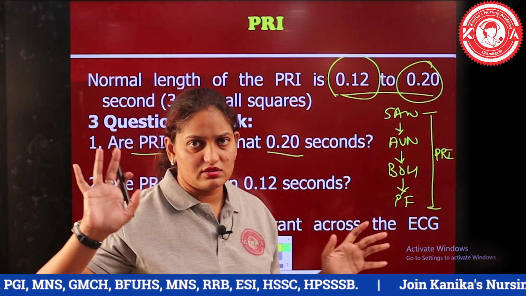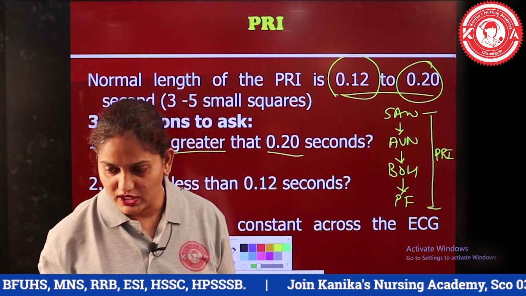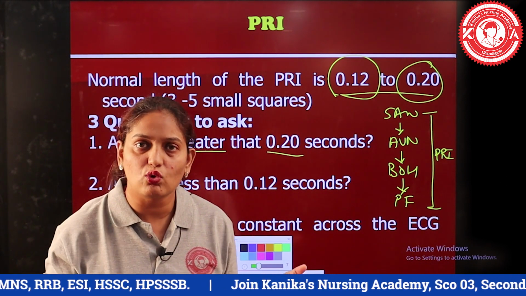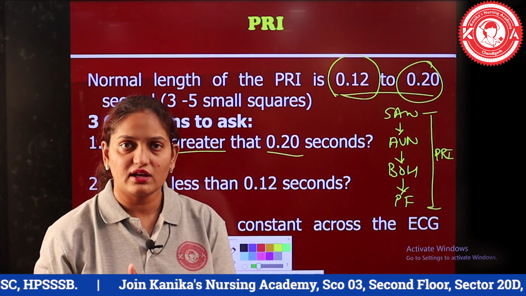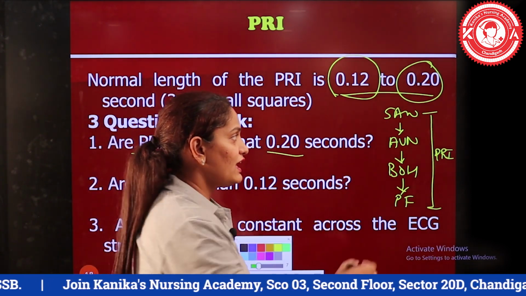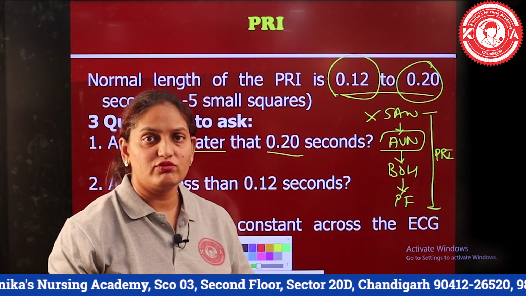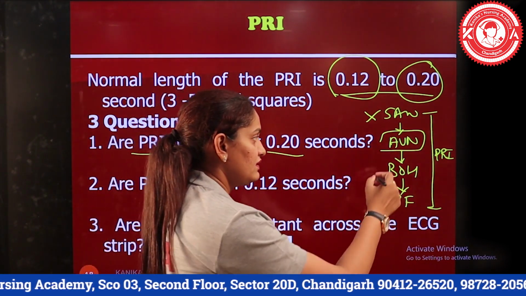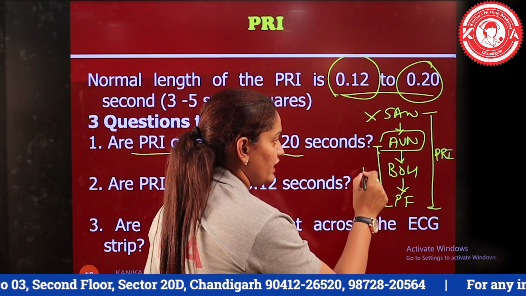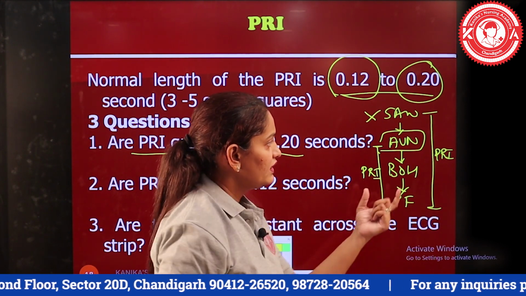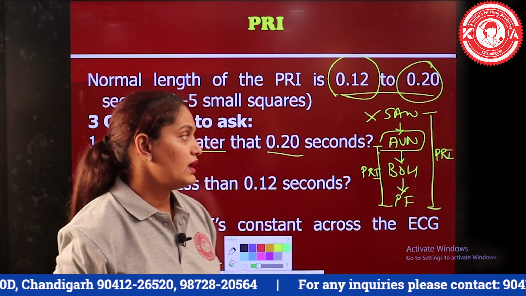So just recall that we said that the sinoatrial node is the natural pacemaker of the heart, and sometimes the sinoatrial node is not able to generate the electrical impulses or initiate the cardiac conduction system. So what will happen? If this is not functional, maybe this area, the AV node, will start to generate the electrical impulse. So in that case the PR interval will be counted from this point to this point. So this interval will be less than the actual interval. Okay, this is one case.